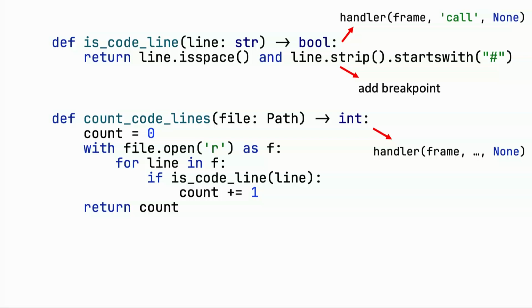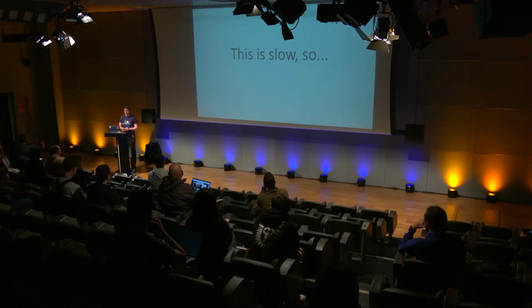So that's a problem. And therefore, we have to return a line handler for every function that a user might possibly set a breakpoint in. So probably not all the internal functions, but some users might want to set a breakpoint there, so they might get disappointed when it doesn't work. So this is slow. So that's not great. And it was slow for like the last 20 years. Nobody cared, but then somebody cared and thought, what should we do?